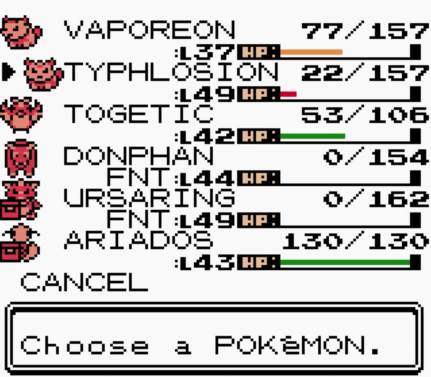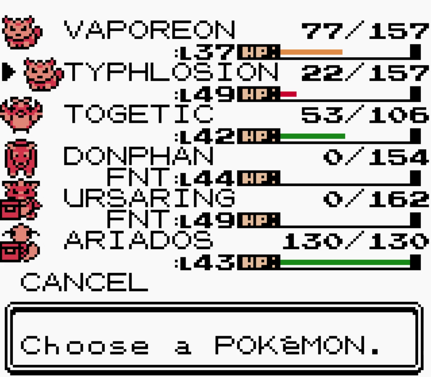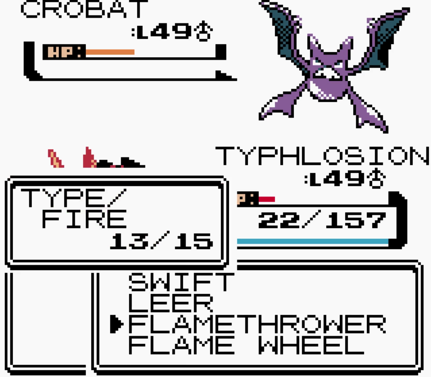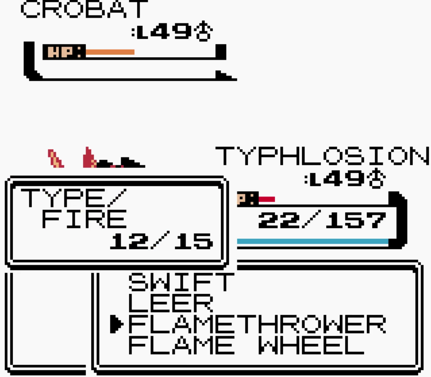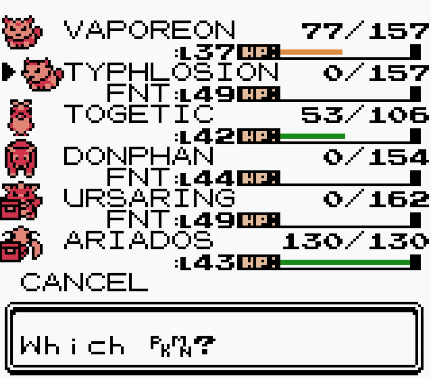I think we lose. I think we lose now. Unless it goes for Confuse Ray, the only thing is, will it go for Confuse Ray? No. Okay, yeah, I'm pretty sure we lose now. This Fly comes in, takes us out. So the only thing we can do is...